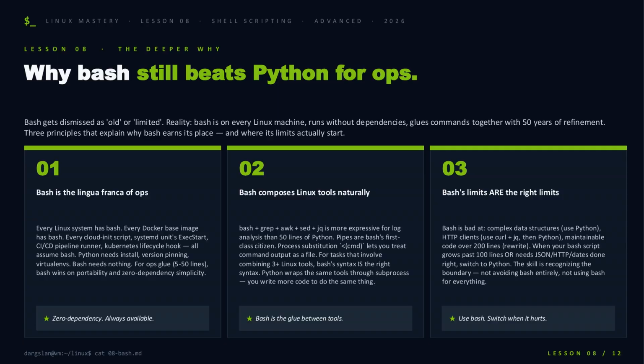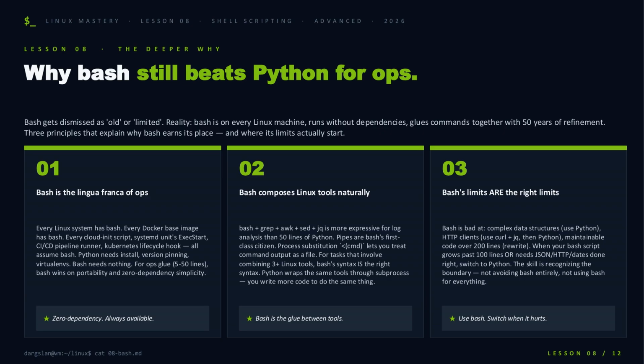So why are we still writing bash in 2026 instead of reaching for Python? 3 reasons. First, bash is everywhere. Every Docker image, every system unit, every cloud-init script assumes it. Python needs installs, versions, virtual envs. Bash needs nothing.